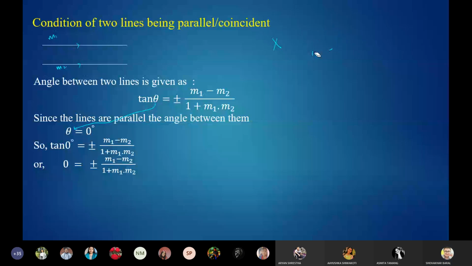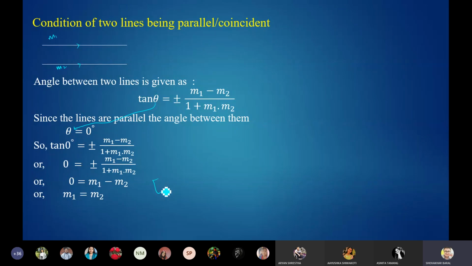So let's do the cross multiplication. It will be 0 is equals to m1 minus m2. I simply shifted it to the other side, multiplying 0 and this one will be 0, and I've shifted this plus minus also to the other side, so it will be 0. Now if I rearrange the terms, then it will be m1 is equals to m2.